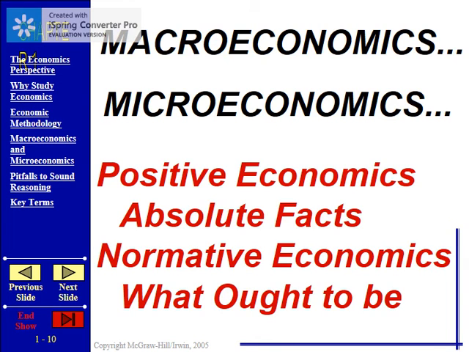Positive economics, factual information. The interest rate, the discount charged by the Federal Reserve is 0.5%. Normative economics, what should be? This is the policy aspect. The Federal Reserve should raise interest rates to increase consumer savings, thereby creating inherent long-term stability in the system, and so forth. So positive economics, simple facts. Normative, what ought to be.